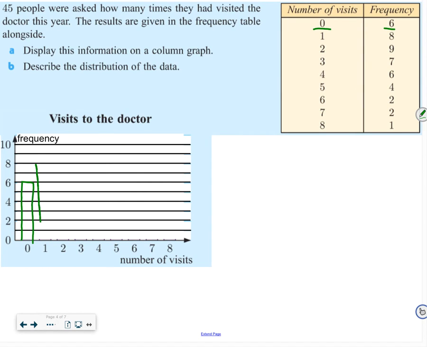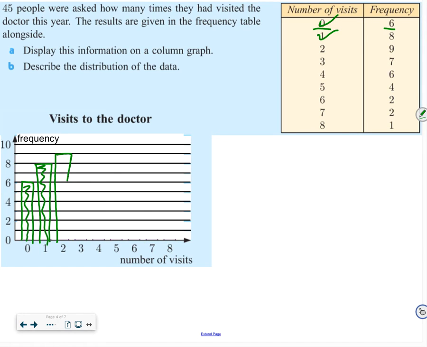Mind you, because we're talking about doctor visits, that's discrete data. We're not dealing with going to the doctor 1.2 times. So this is a column graph, and I should have my gaps in between my bars. I'm going to check these off as I do them. 2 goes up to 9. So 9 people